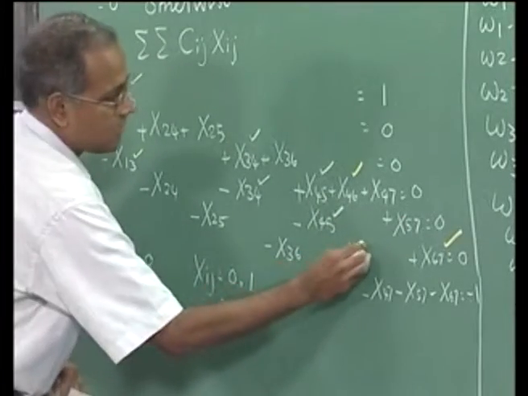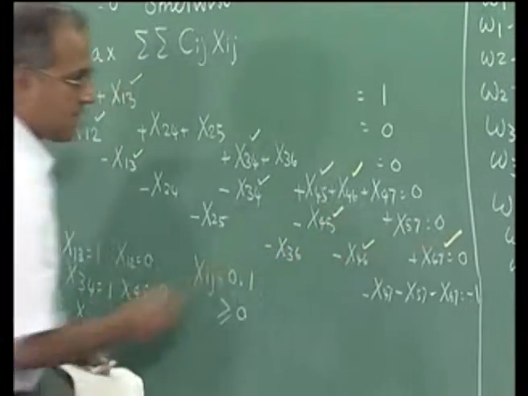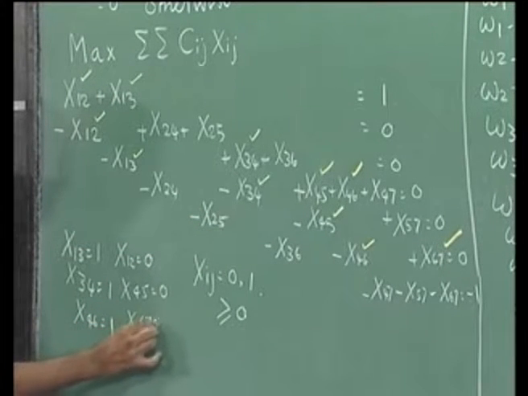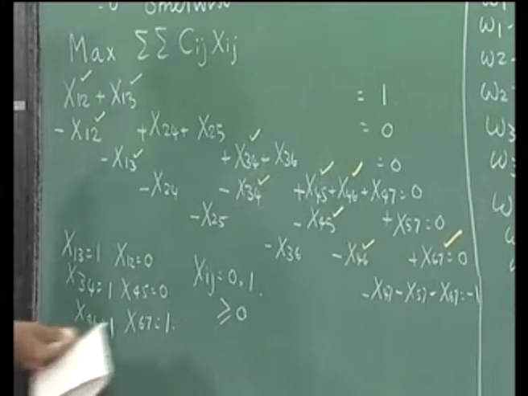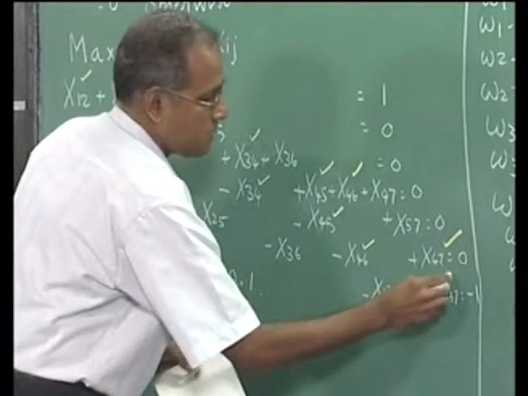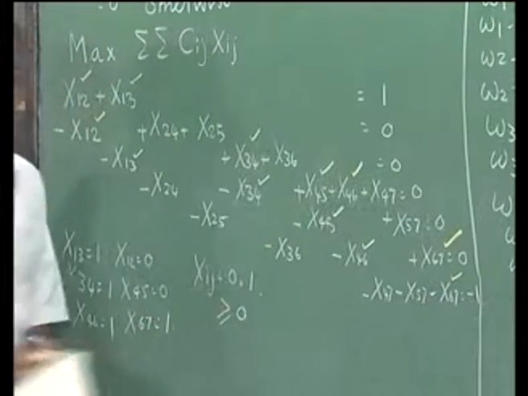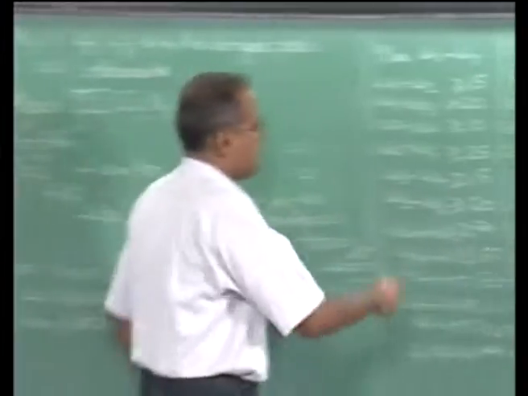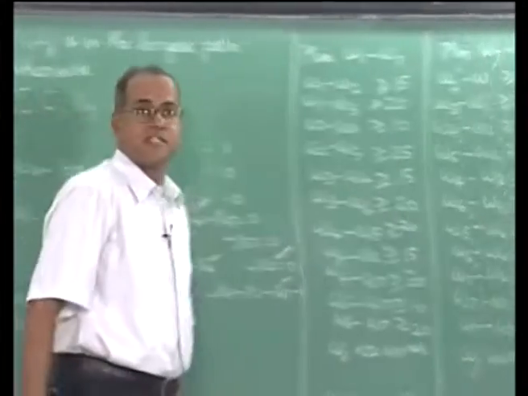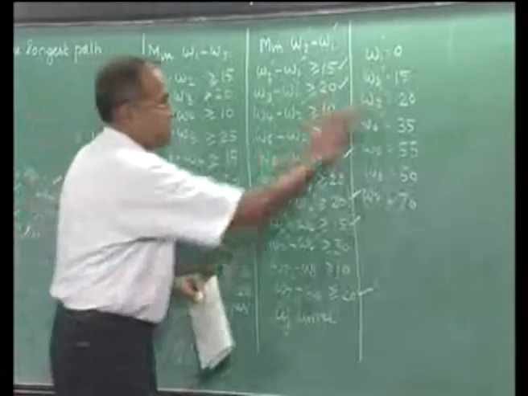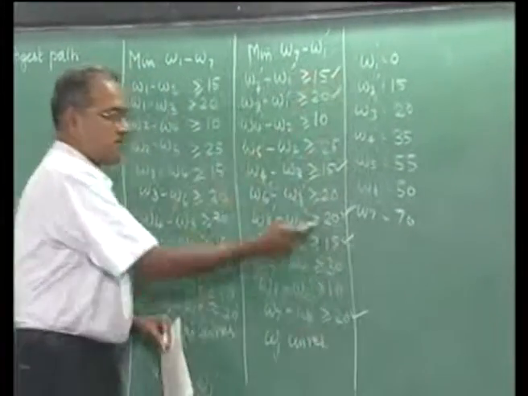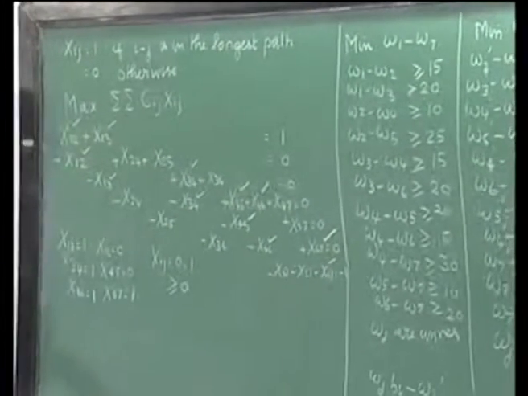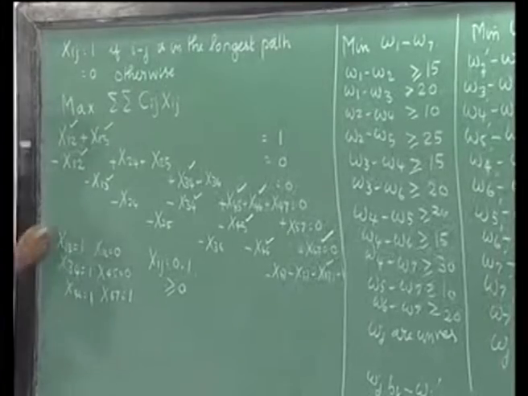Now x46 equal to 1 would give us x67 equal to 1, because you have a minus sign here. Now as far as this is concerned, x67 is 1, so minus 1 equal to minus 1. So we have a set of 6 basic variables which correspond to these 6 equations coming from this solution. These 6 are satisfied as equations, so these 6 are the basic variables, and with this set of basic variables we are able to get a basic feasible solution